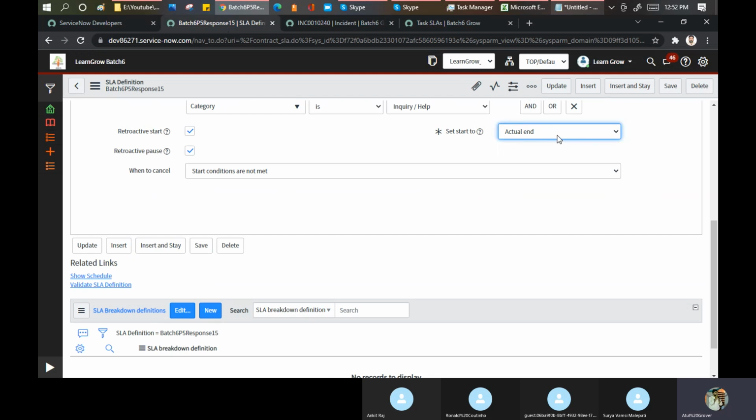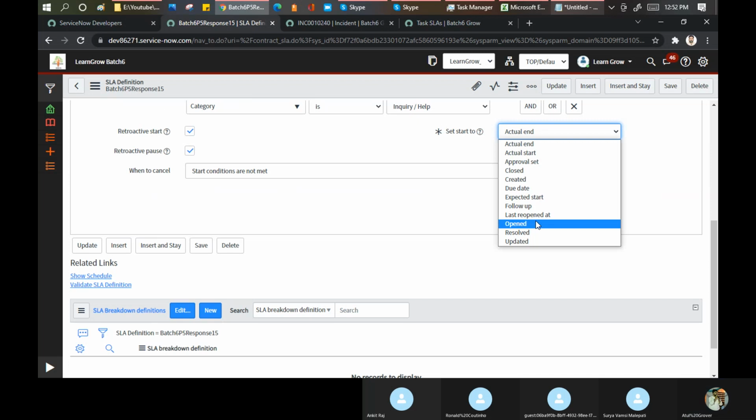I have a customer who always says, I want to take an open time. I said, why do you want to go for the open time? He says, I have an agreement. I give an example. Suppose your agent or your customer has opened a form and he got a telephone call. He takes 15 minutes on the call and after that he clicks on the submit button. Why should I suffer for that 15 minutes? But that is the agreement we have.